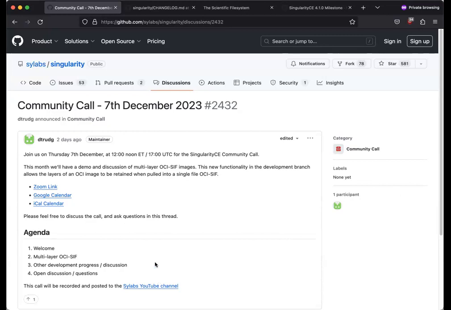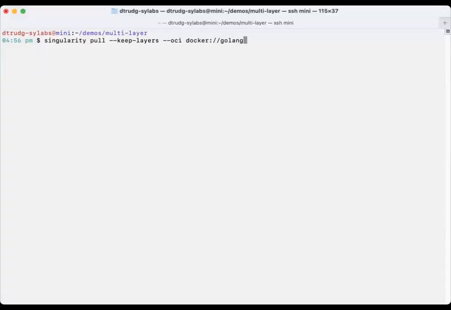So today, I'm going to start off with a demo of something which is perhaps less interesting on the face of it, but does allow us to do interesting things in future. So let me switch over to a terminal. What I'm going to demonstrate here is a feature which has been added recently and will be out in 4.1, where we can now ask Singularity, when it's pulling an image in the new OCI mode, to